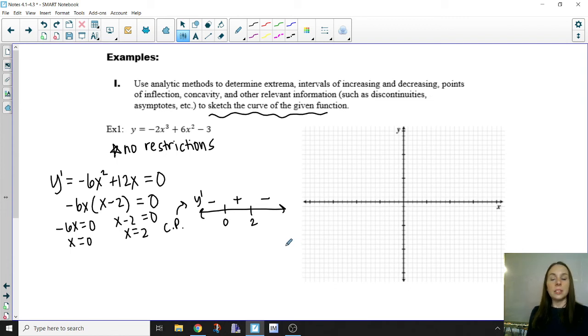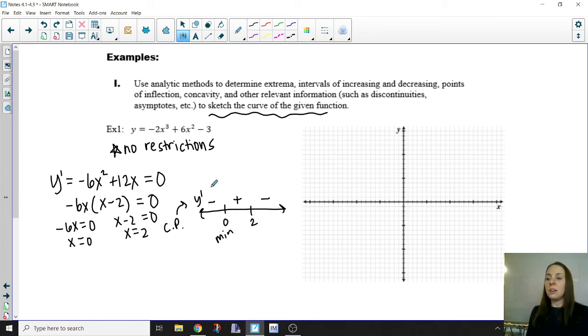Okay, so what does this tell us? It actually tells us a whole lot. It tells us that our function is decreasing to x equals 0. It then changes to increasing between 0 and 2, and then it's decreasing again. So you sort of have an idea of the direction of your graph. It also tells me that x equals 0 is a min